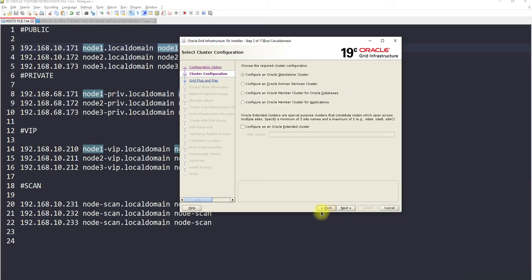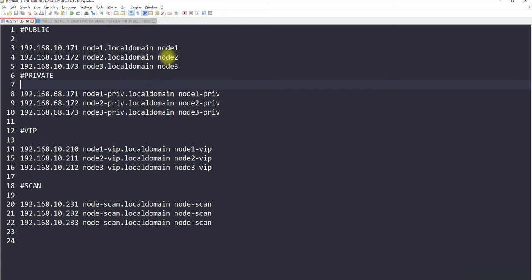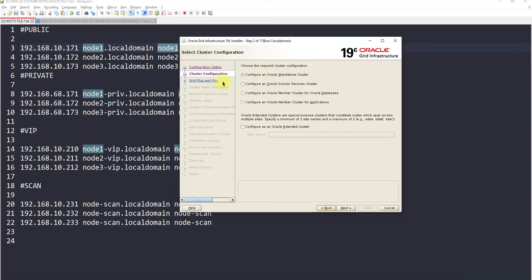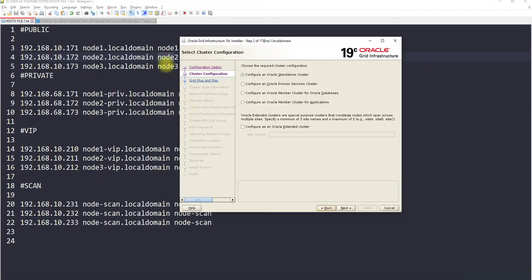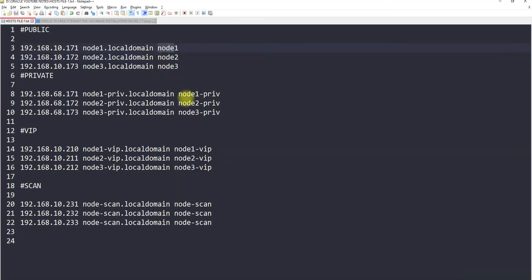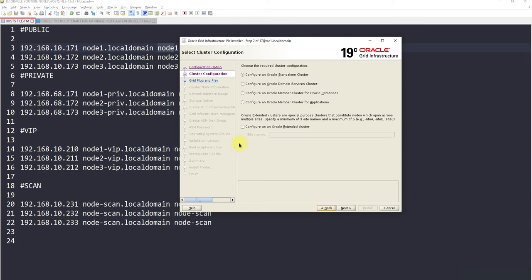because I had to change these names to rack, but I actually forgot to change them. So let me reconfigure everything to rack 1, rack 2 and rack 3, because the names of my machines are rack 1, rack 2 and rack 3. But I have copied and pasted node 1, node 2 and node 3 from my previous class, so I have to change it. So let me change it on all the hosts files and come back.